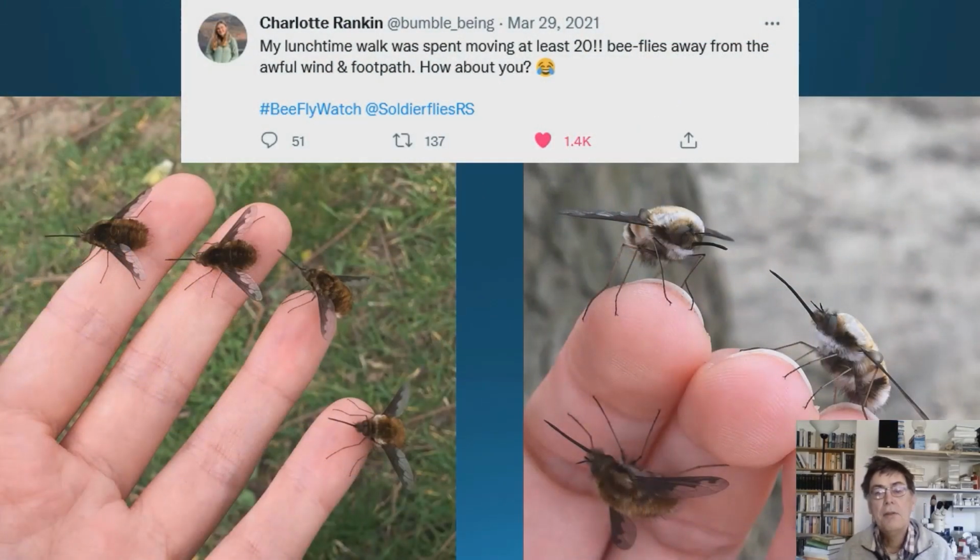And this was a rather nice set of images that Charlotte Rankin put out last March as part of Bee Fly Watch, and I believe this was on a really cold and windy day when Charlotte had been out for a walk and found some bee flies looking rather unhappy in the weather conditions, and she very kindly picked them up, about 20 altogether, and moved them into a more sheltered area, which I'm sure they were very